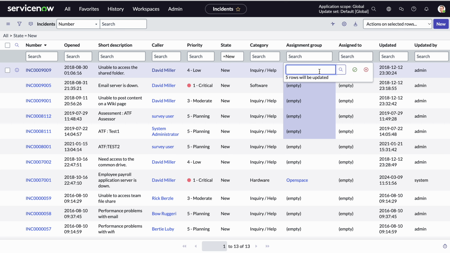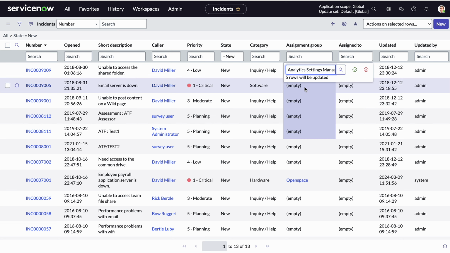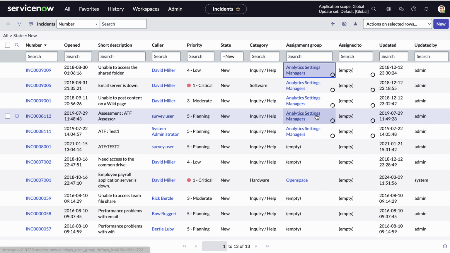So if I just, let's look for a group. If I put in a double asterisk, it will show me some recent ones. So if I just select this, you can see now that essentially the assignment group has been updated for those